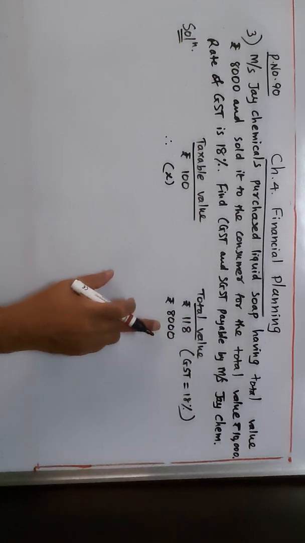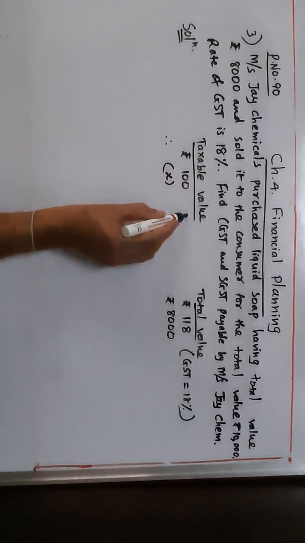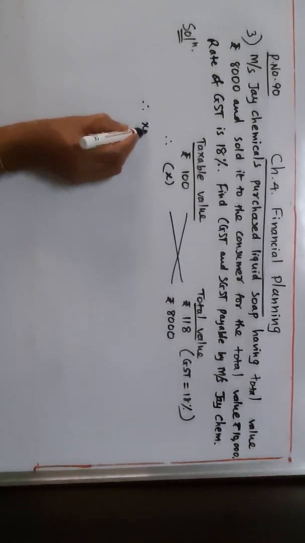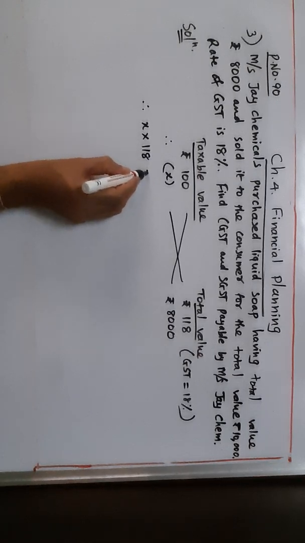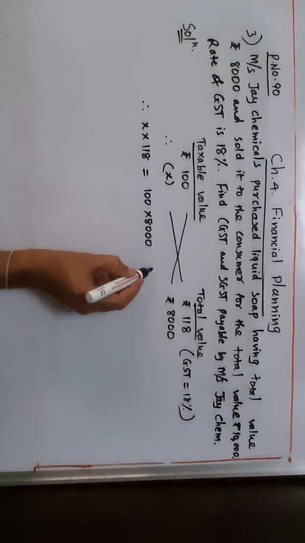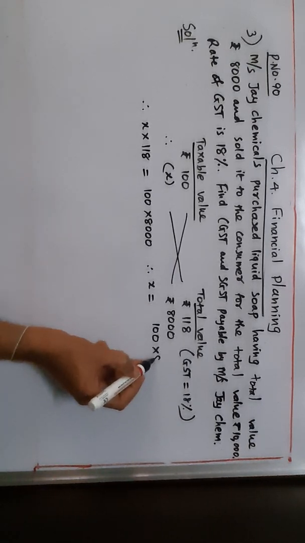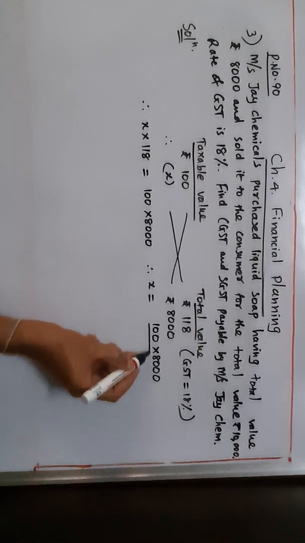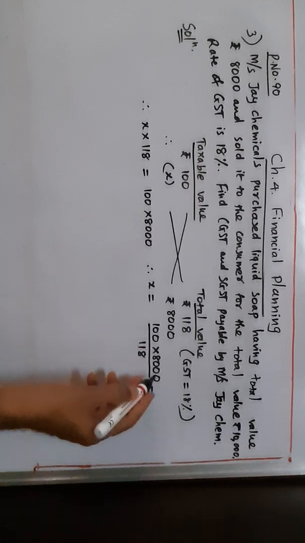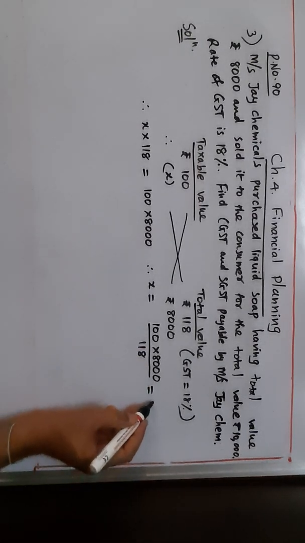So if the total value is 8000, then what will be the taxable value? In this case, what will we do? We will do the cross multiplication. So we have to write that x multiplied by 118 is equal to 100 multiplied by 8000. In the next step, to find the value of x, we write 100 into 8000 divided by 118. Now when we actually do this multiplication and then division, the answer we get, as per the textbook I am writing, is rupees